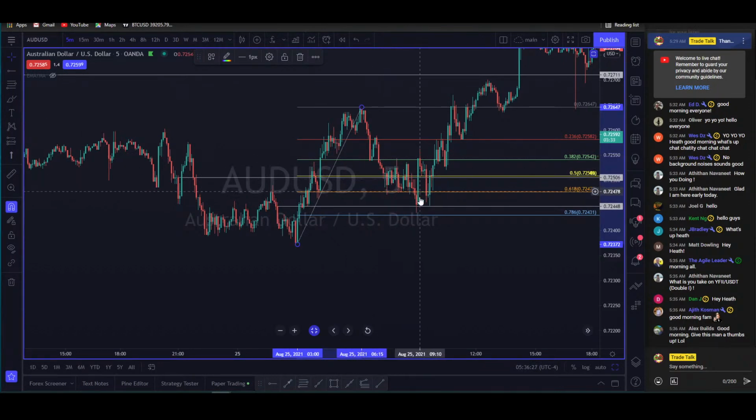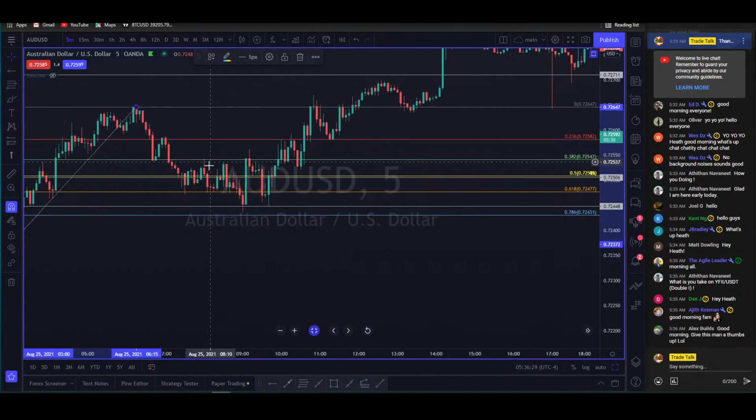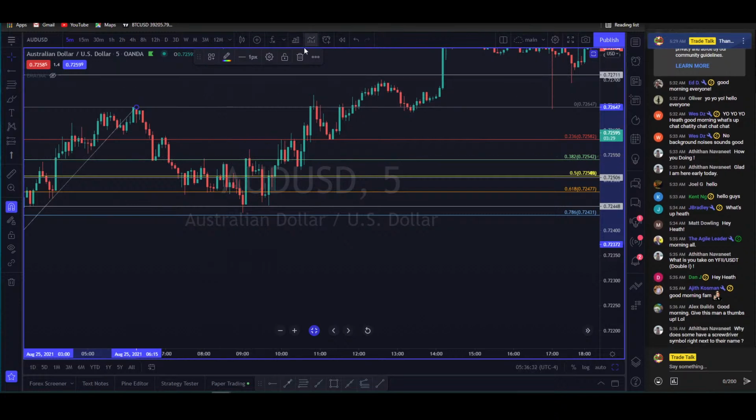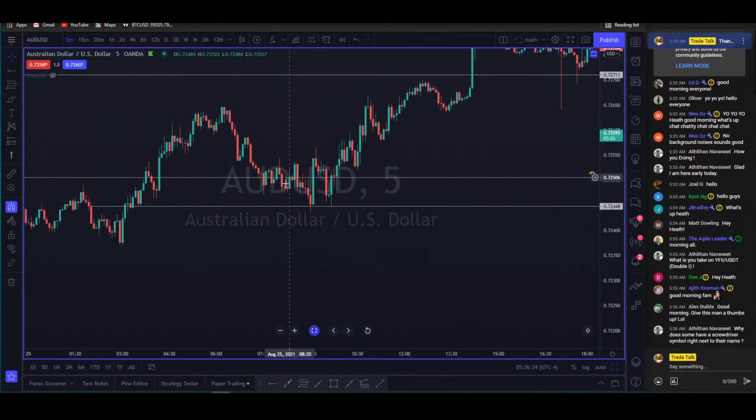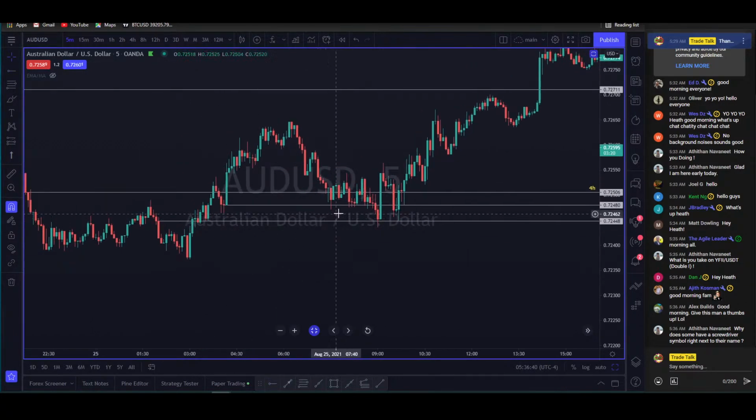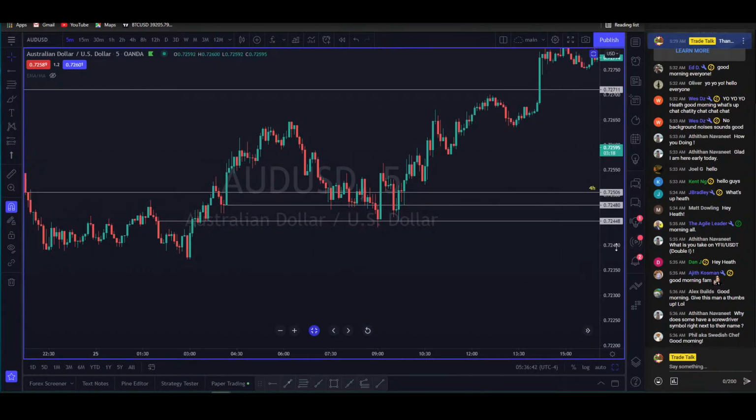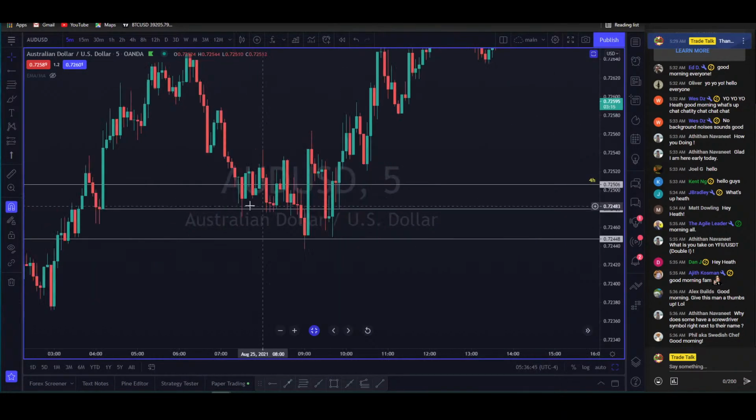This is a lot of chop, right? So we were watching this. We weren't looking to take the position. I was watching it. There's 5-minute support. I didn't want to see a 5-minute closure below 5-minute support. And boom, there's that closure. So I wasn't looking to take the position just yet.